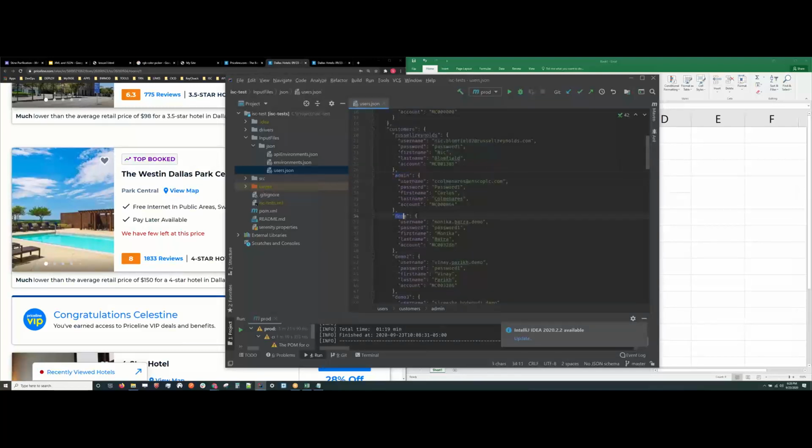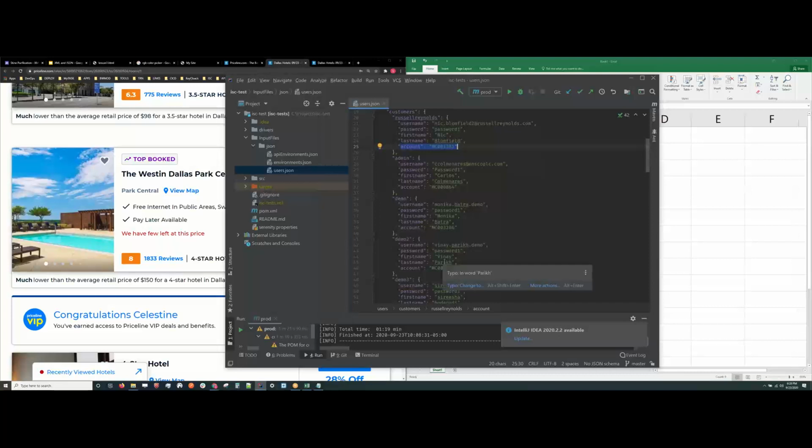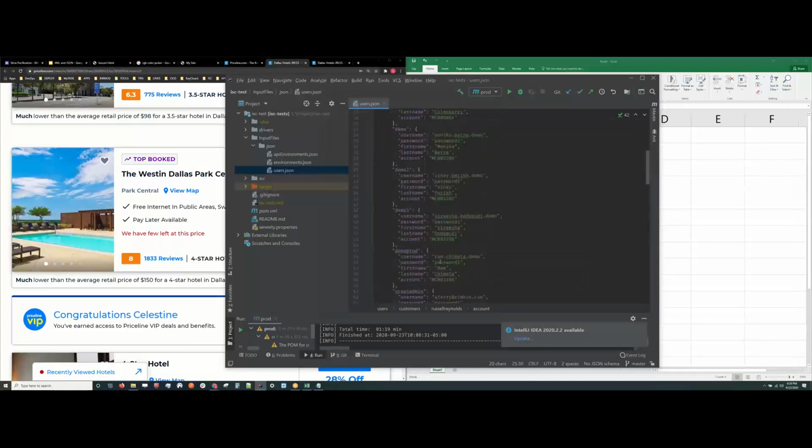This is a demo user. What information do we have? We have username, password, first name, last name, and their account numbers. As a matter of fact, these are the real users. We don't have their real password. We copied their data and changed their password to password 1. Everybody has password 1. And I can log in to their accounts using password 1 only in dev and staging